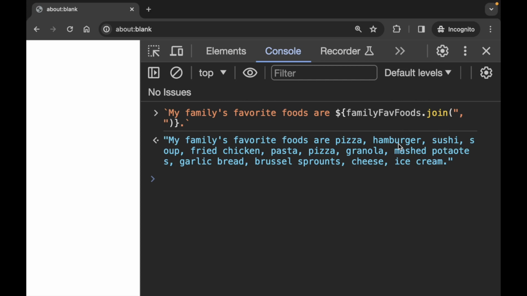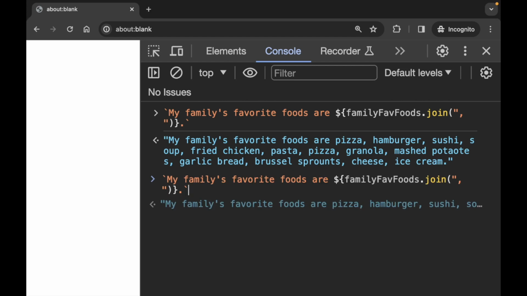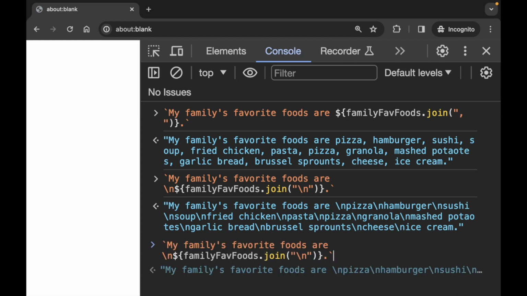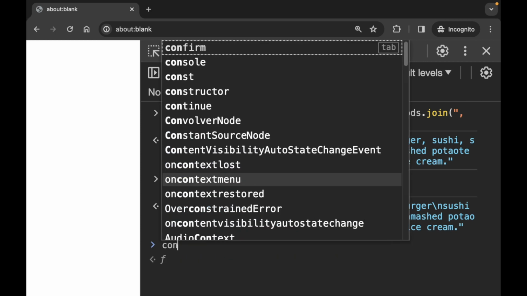Now, maybe you wanted to have them look as a list, okay? So we could do that by changing this up a little bit. And instead of a join here with a space or a comma and a space, we could do a new line. Now we do this, and notice it does not look quite right because it's just printing that out. We're not actually compiling it in any sort of way. If we throw this whole thing around inside of a console log,